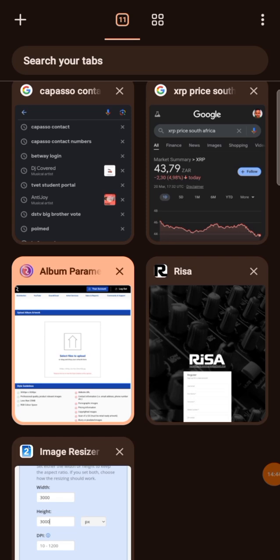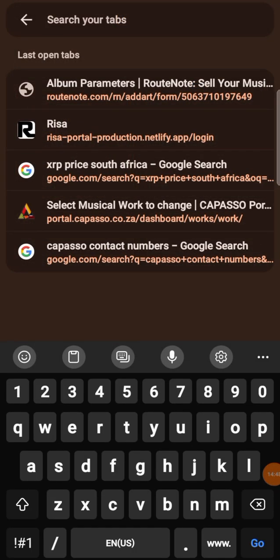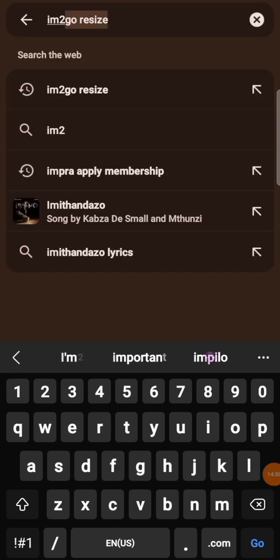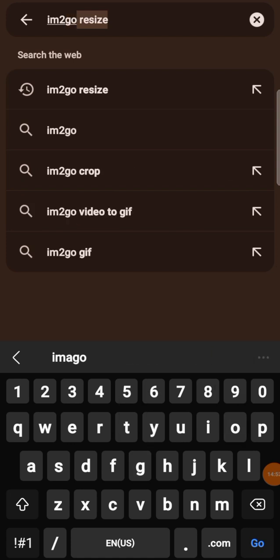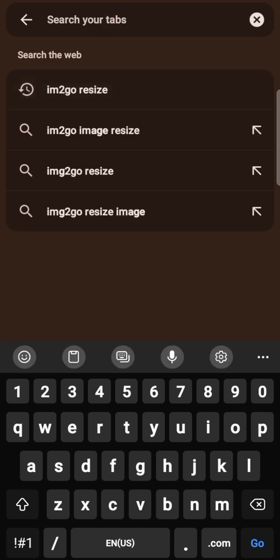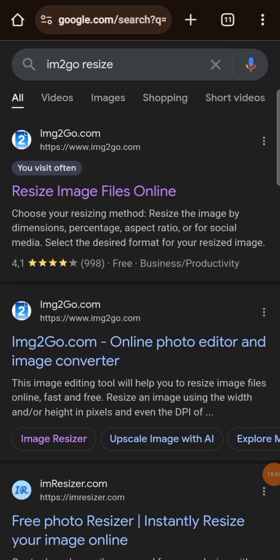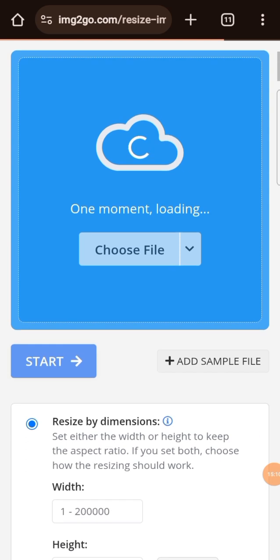So what you can do is go to your Google and search Im2go. You don't space anything. And even if you say resize, it's fine. Then you'll come across this section where you're going to see the website im2go.com. Click on resize, and then this is what you're going to